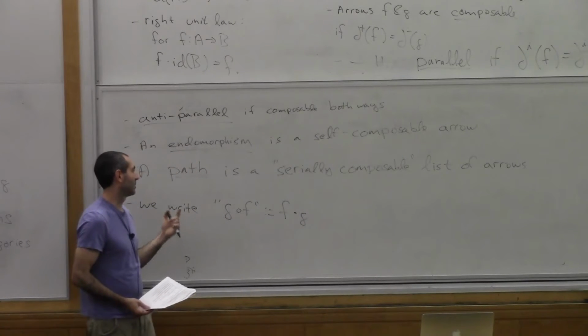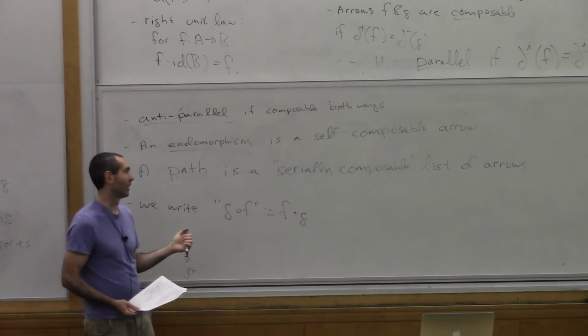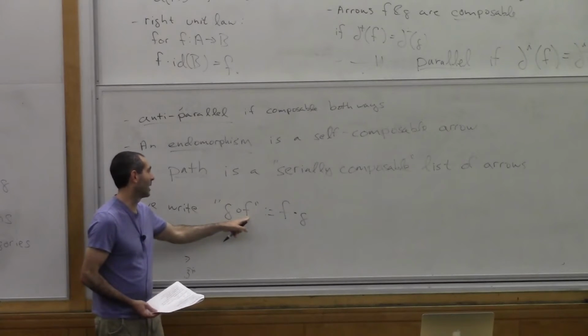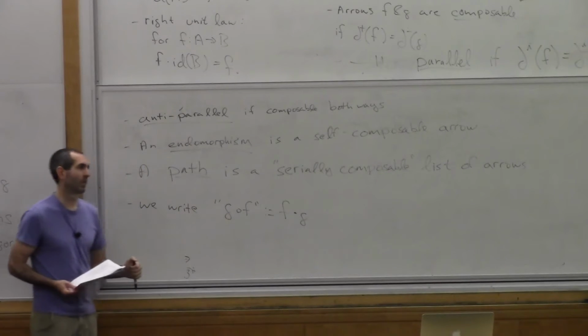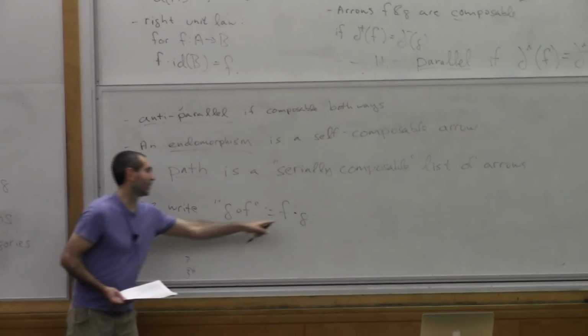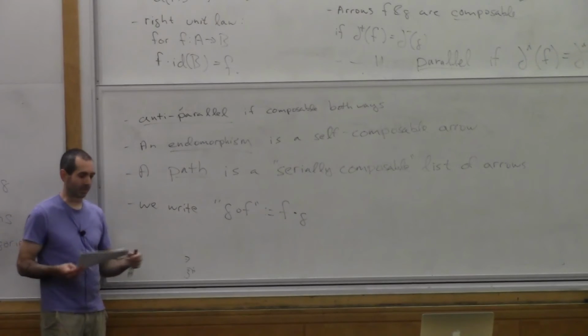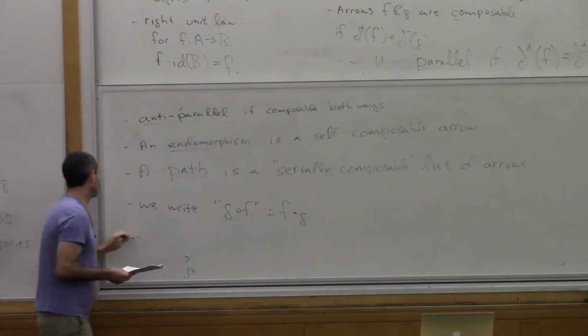But because many times morphisms in categories are some kind of functions, and when we apply a function to an argument, we write the function on the left of the argument, when we have a composition of such things, it kind of makes sense to put the first thing on the right because then it's closest to the argument. So these two things, from my point of view, are totally interchangeable. I generally prefer this one unless we're applying something to an argument, in which case we use this. Okay, and then occasionally we'll write